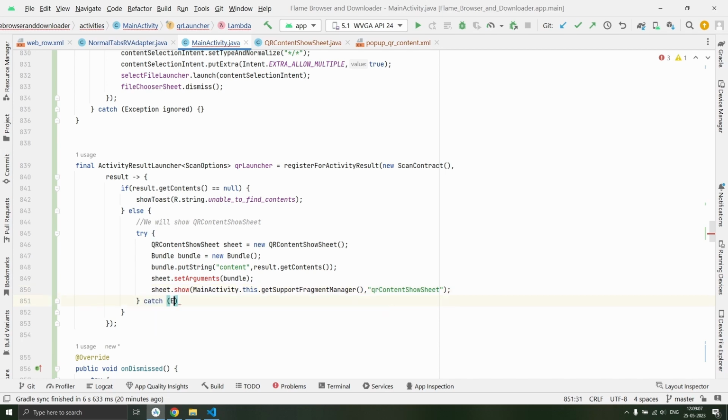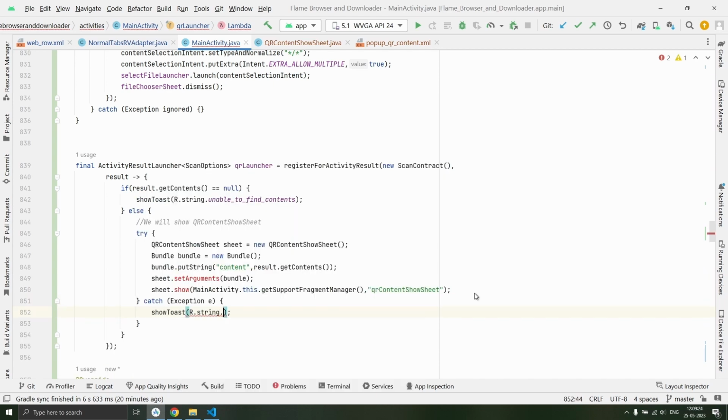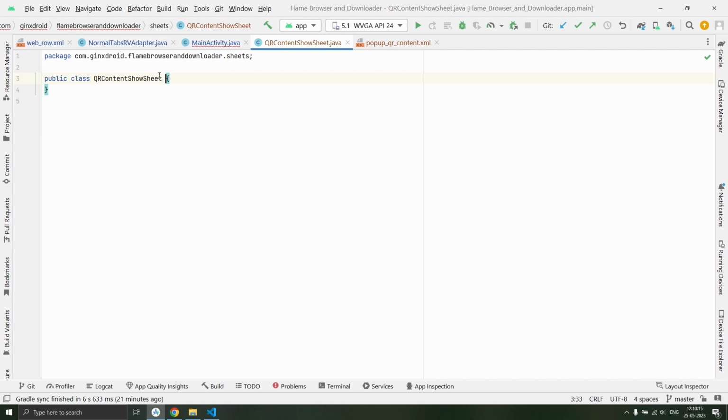We'll catch exception and ignore it to avoid any crash. Instead of that we will show toast r.string.oops general message. It is producing those two errors because currently we do not define our QR content show sheet